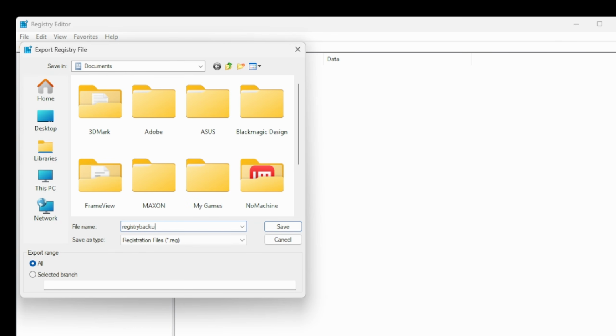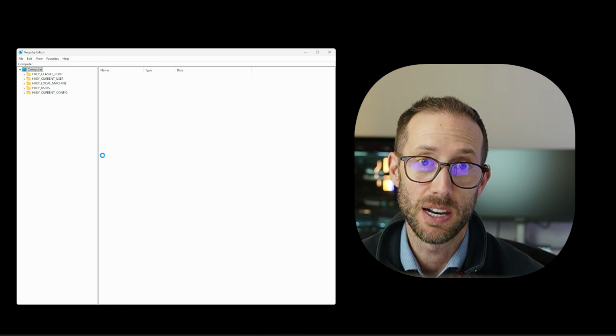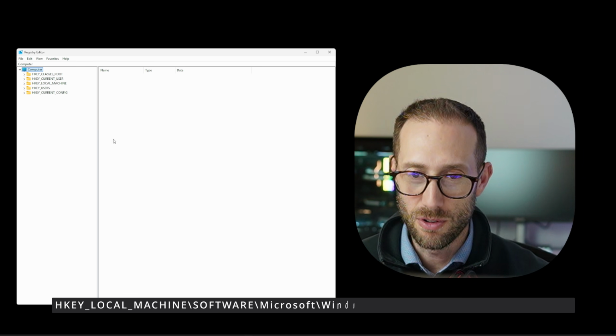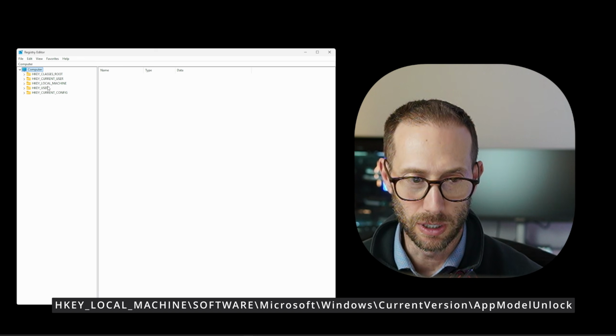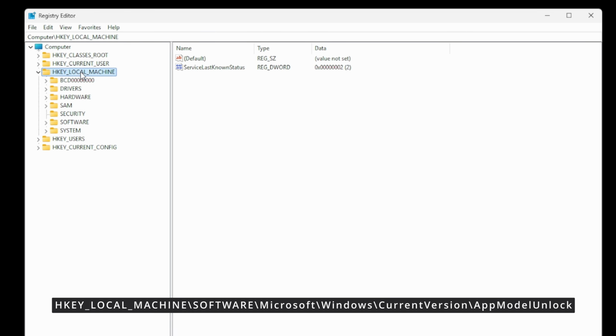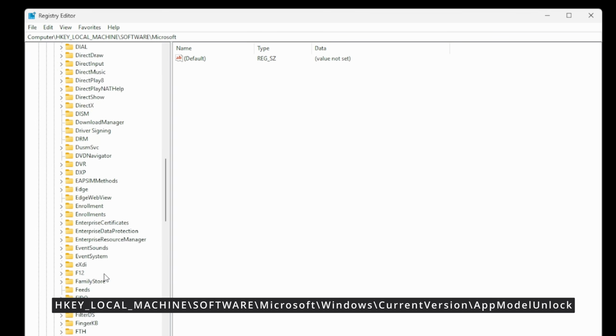Whatever you want. Throw it just somewhere, as long as you know where you can find it again, at least you've made a backup. Now that you've done that, you have to click through to a couple different folders. I'll put instructions in the description down below. H key, local machine, software, scroll down to Microsoft, and then